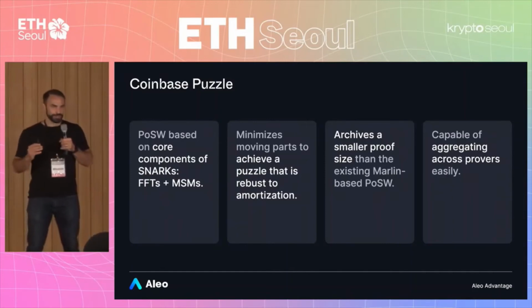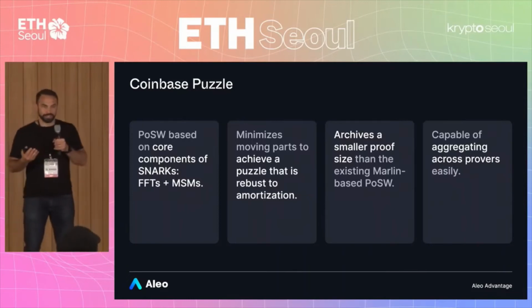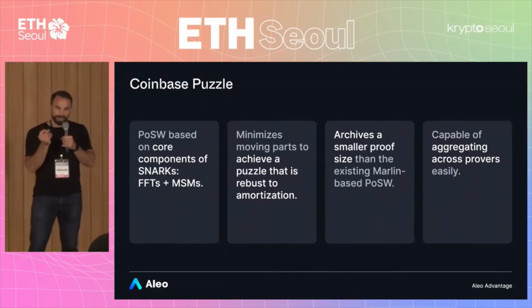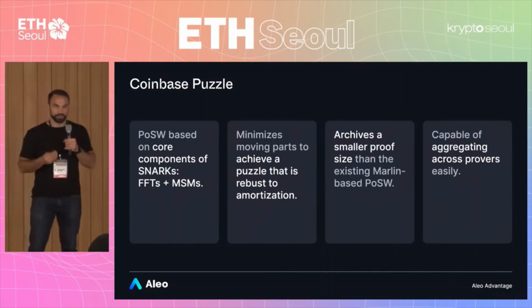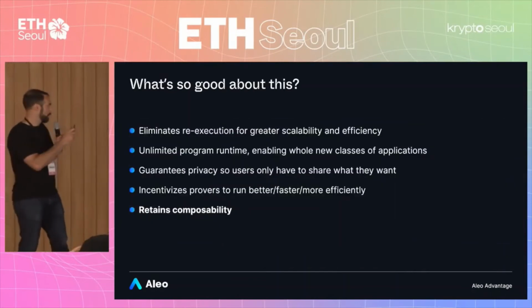And it was a really interesting experience. But one of the interesting things that came from it was that at one point, our network was producing 20,000 zero-knowledge proofs a second, which is an astounding number of proofs if you think about what that means in terms of scale. And I think it really goes to show how powerful incentives are in proof of work systems. And so again, we are not a proof of work blockchain, but we've retained this kind of incentive compatible architecture because we believe that provers are going to be a really essential part of how the future of zero-knowledge cryptography evolves.